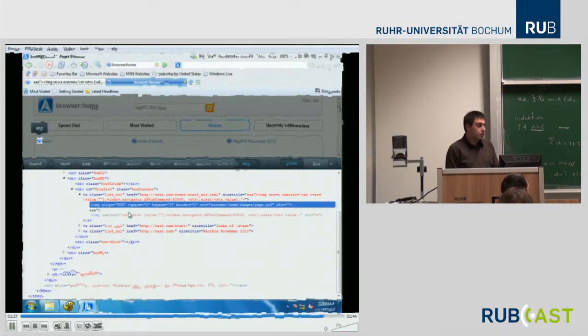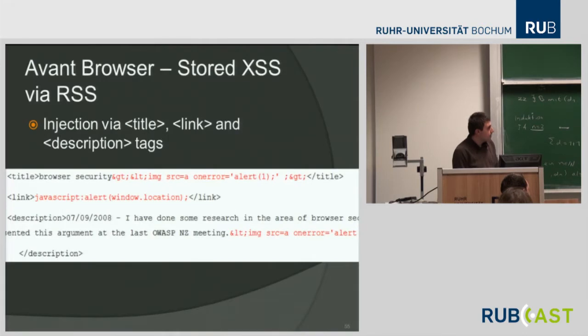Then there is another injection point, but this is a little bit different, because even Avant browser has the capability to show RSS, and this is only used when the rendering engine doesn't have that capability. So in this case, Avant browser is configured with Internet Explorer,